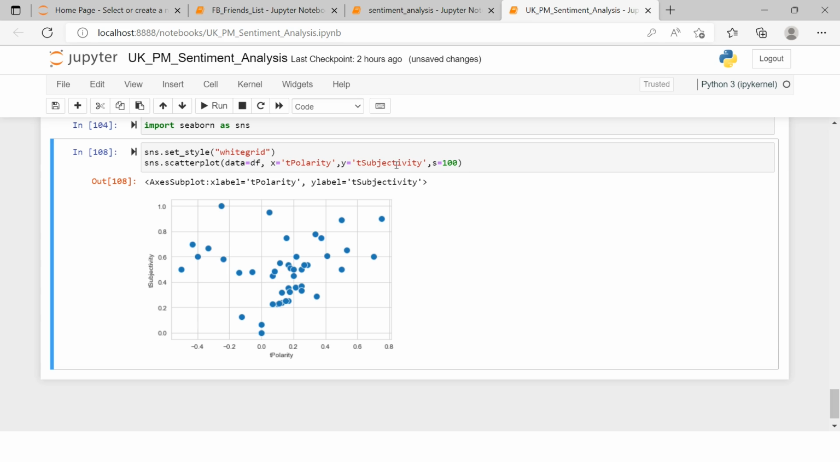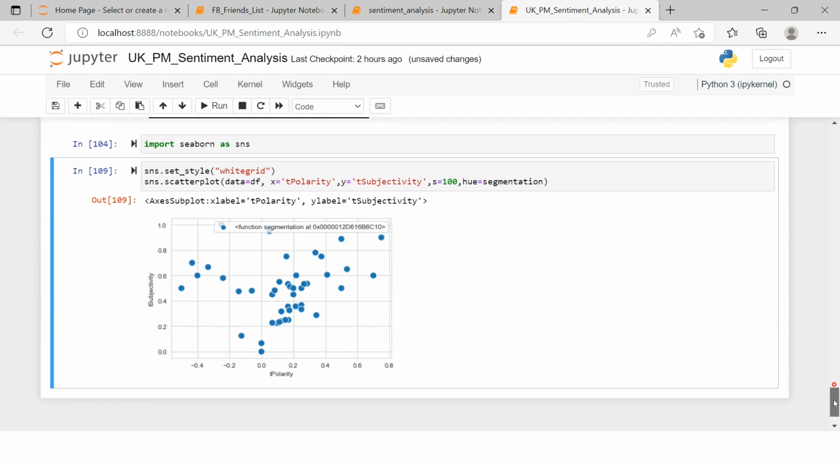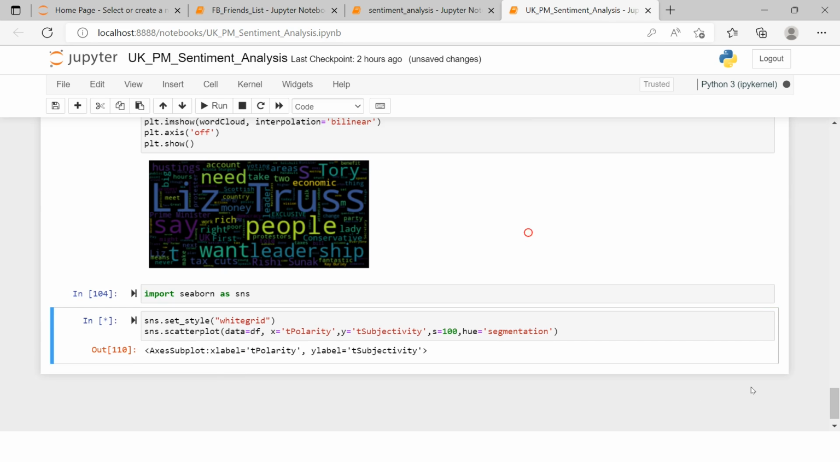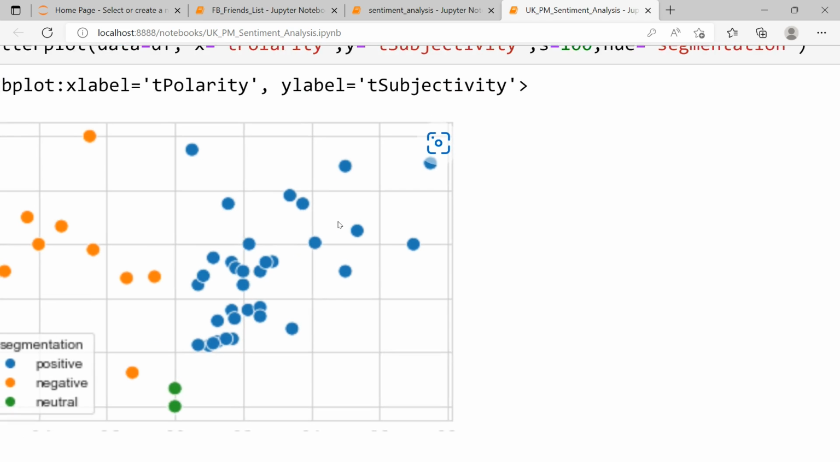Okay, let me just try to switch this. Let me try to put the hue into it. So hue equals to segmentation. Let's just see what happens. Okay, it says some issue over here. Let me just put it into the quotes. Alright, so now you can see over here green lines are showing neutral, and if you just make it a